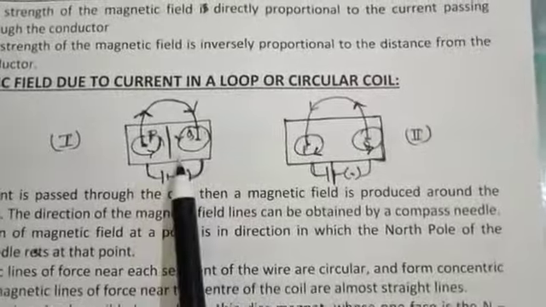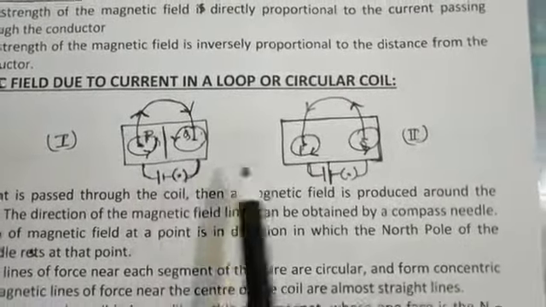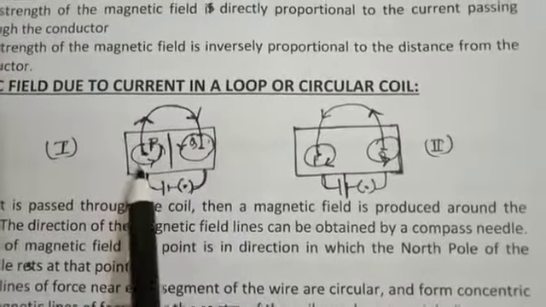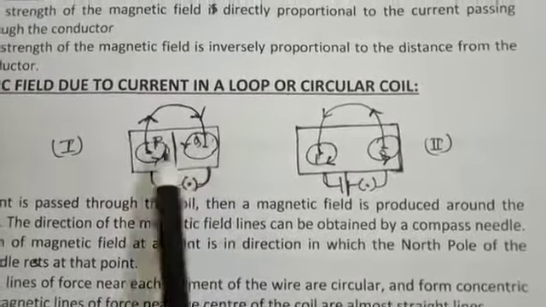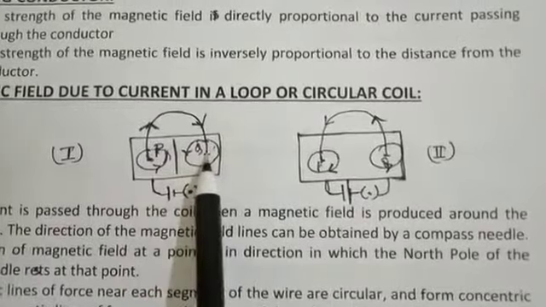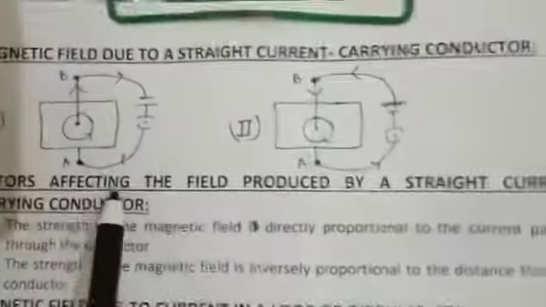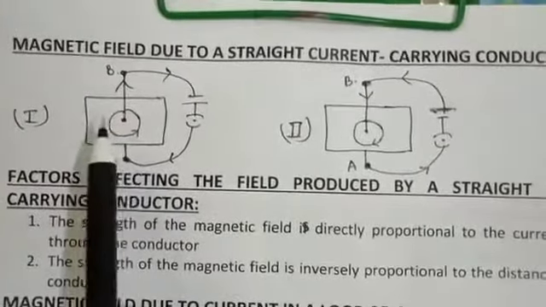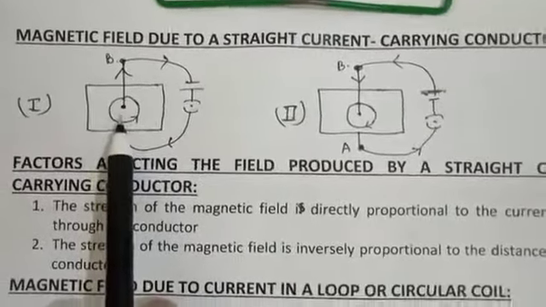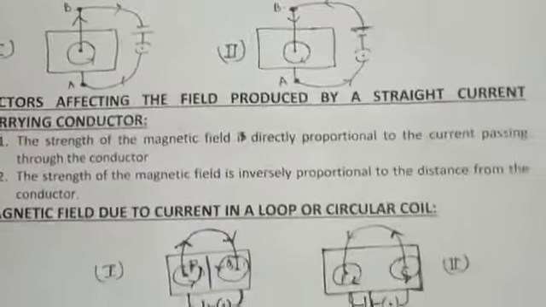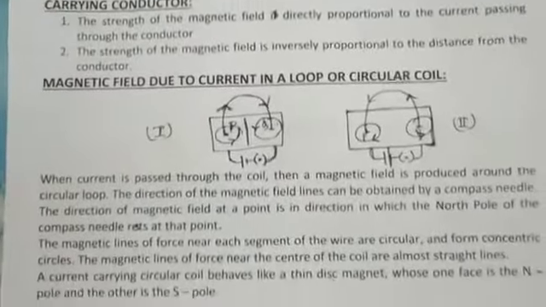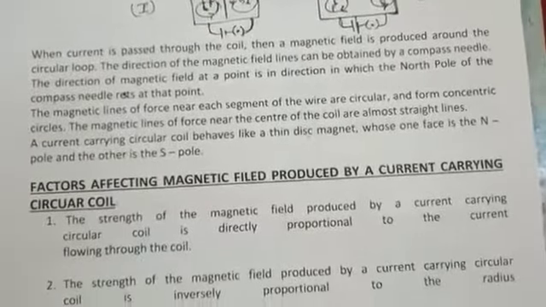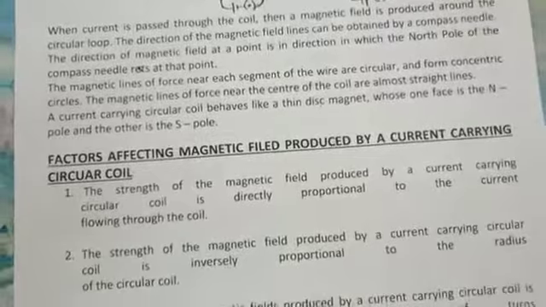So today we have taken up two main things. One was the current passing through a circular loop, and I have explained the nature of the magnetic field at the point P and at the point Q. And in the first diagram I have taken up a straight conductor and I have explained the nature of the magnetic field around it. I hope you have understood all the topics I have taken up today. In the next class I will take up some more topics related to the chapter of magnetic effect of current.